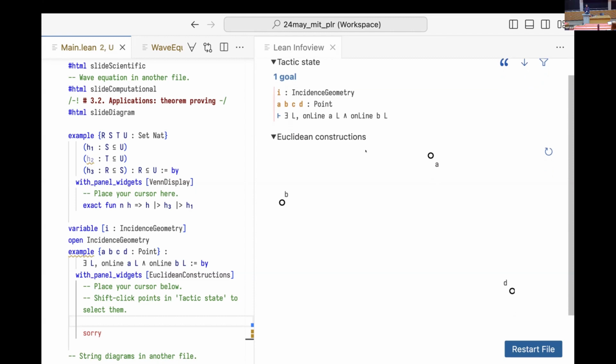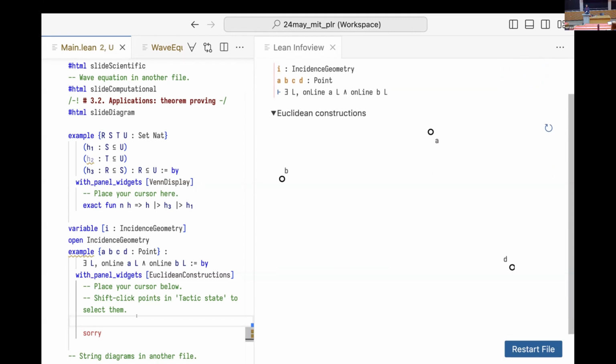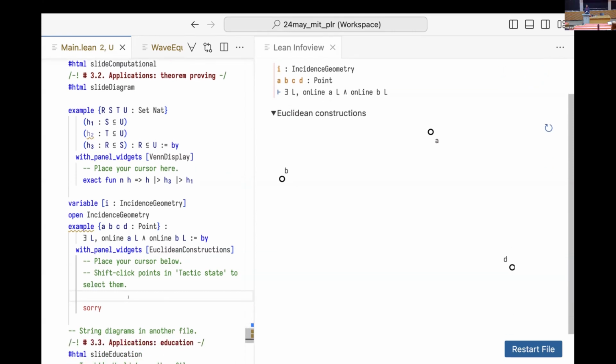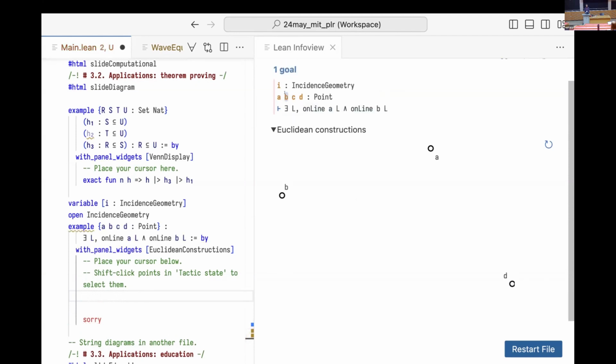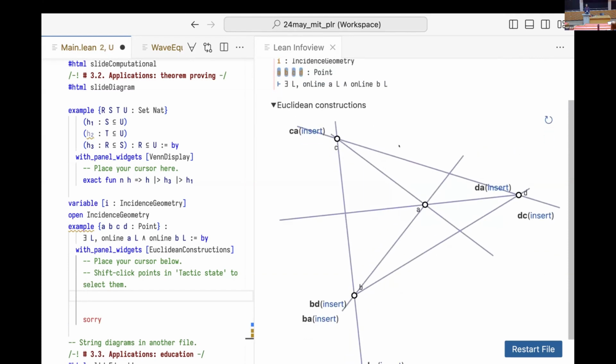Normally, we would go into the proof state on the left side here and write something like "let L be some line." But instead, let's do it in the info view here. With shift click, we can select some subset of points. Let me just select all of them. And then the widget will show us all the combinations of lines that it is possible to form